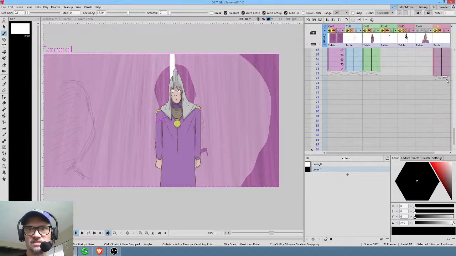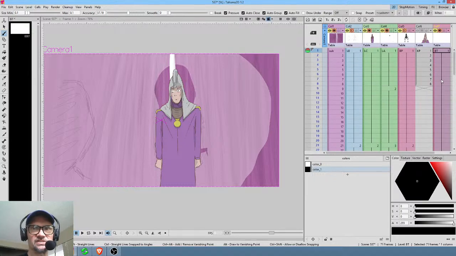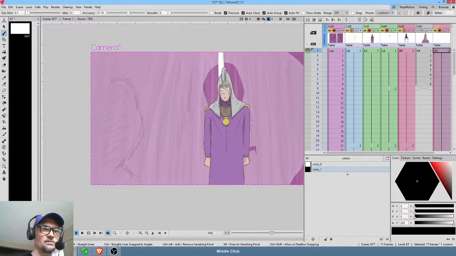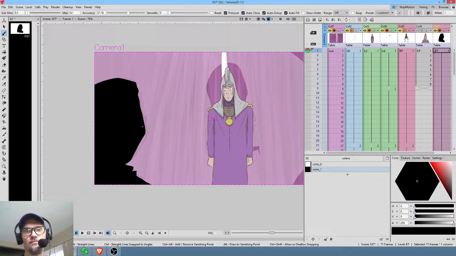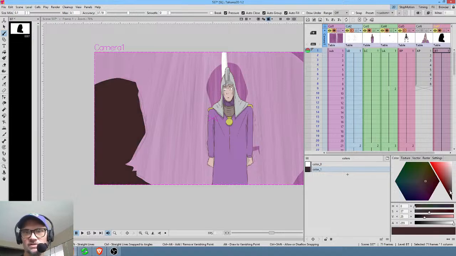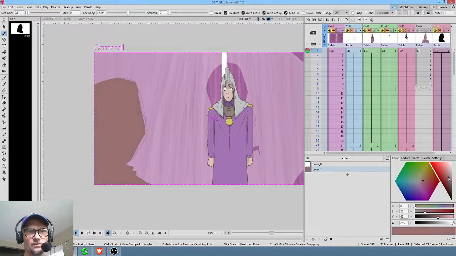And I don't think this is going to be animated at all, but this is basically just a silhouette of Tianara in the background, or the foreground. So I'm just going to draw that shape. And then we can always dial that color in a little bit at any point in time. So there it is. Probably something like that, a dark charcoal kind of color. Okay, so having said that, we have this